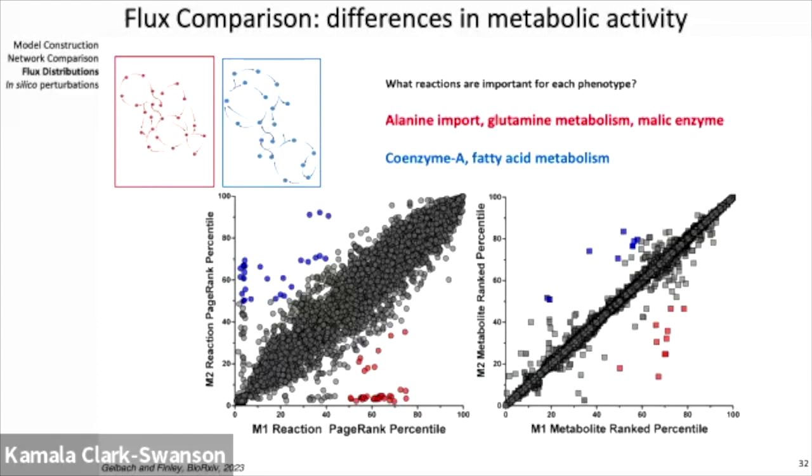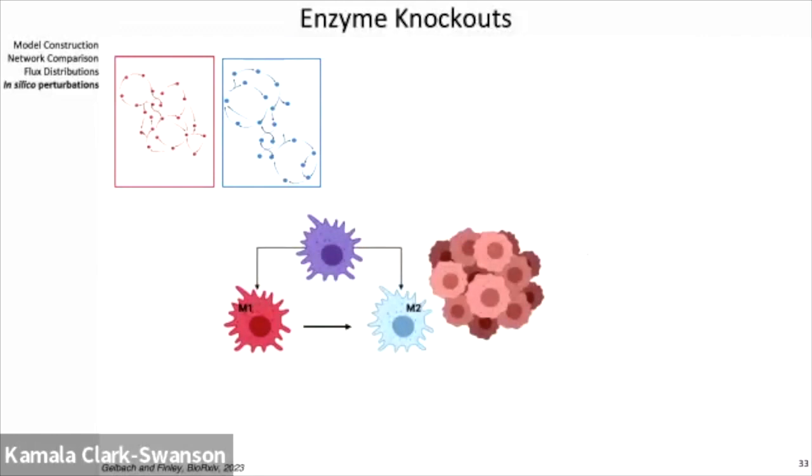And so we see alanine import, glutamine metabolism, and TCA cycle malic enzyme for M1, and then coenzyme A and fatty acid metabolism in M2. And from there, to go back to the first introduction part, there's a proliferation of M2 cells in colon cancer. And we want to know if maybe we can use our models to induce a shift towards the M1 state to get these macrophages to participate in the immune system's tumoricidal